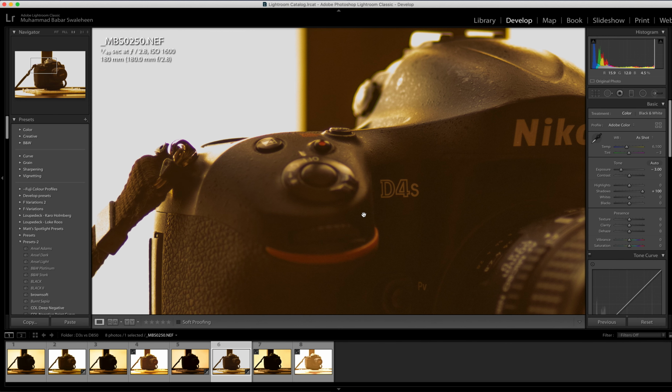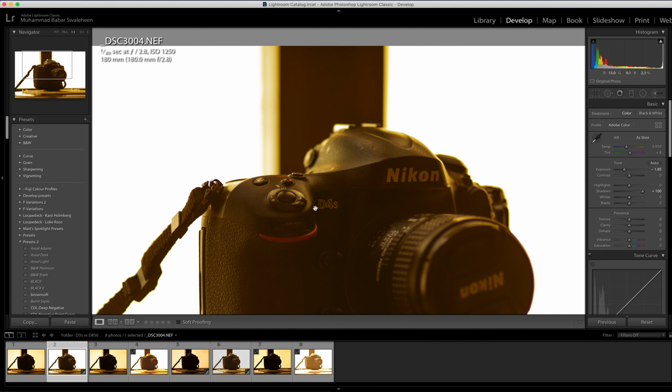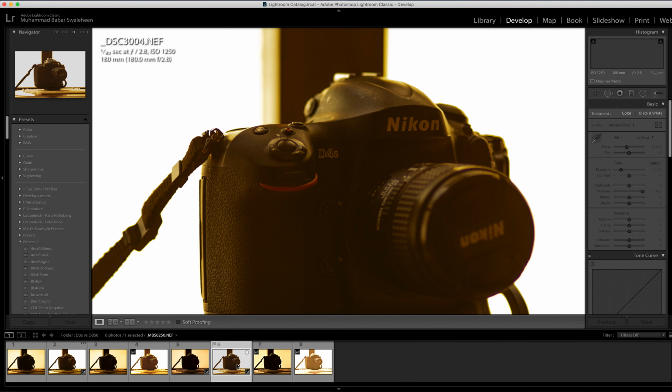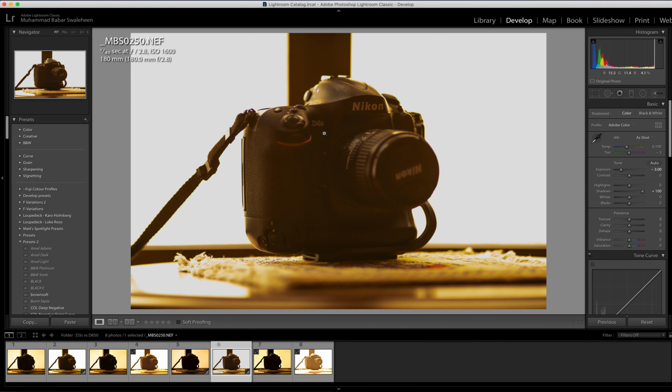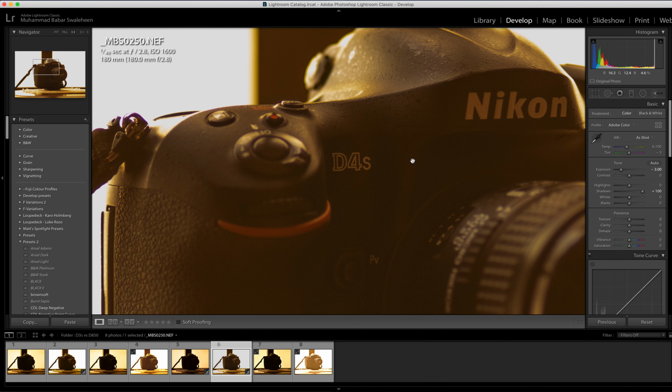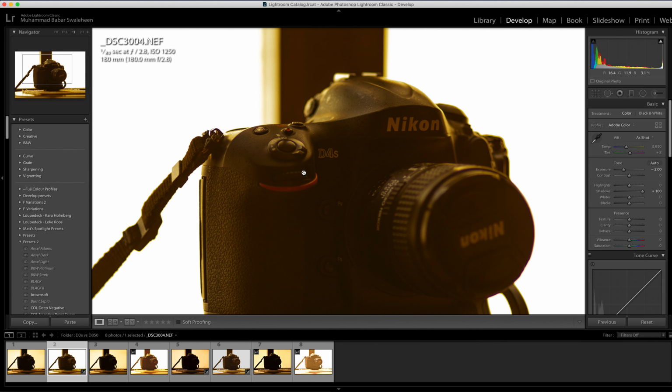So there is a stop difference actually to get this type of exposure on D850 in comparison to D3S. I have to reduce the exposure by -2 and then recover the shadow 100% to match up the exposure of D850. So over here, D850 has an advantage over D3S. Why? Because